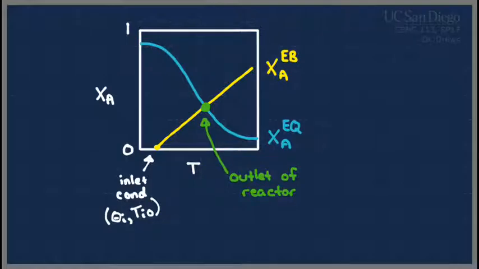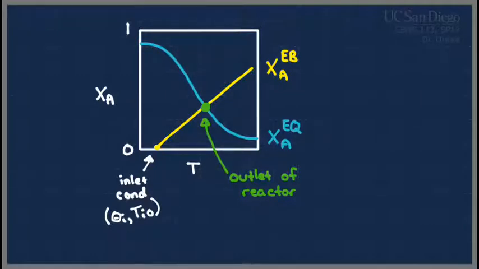If you wanted to, you could then plot what the temperature was coming out of the reactor by figuring out what the temperature is anywhere along that yellow line that you have. Nobody really does that. We're only interested in the outlet conditions. The reason we haven't brought that up prior is because we've already got a way to solve these things. If we just solve the full differential inside something like MATLAB, we would end up with exactly the same solution as what we've got for the intersection between these 2 points. The reason that this can be helpful